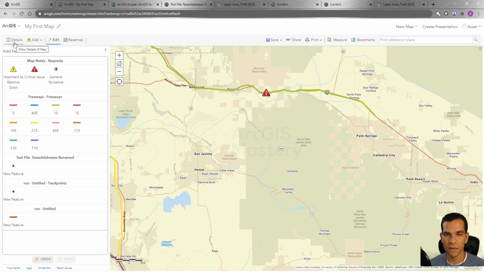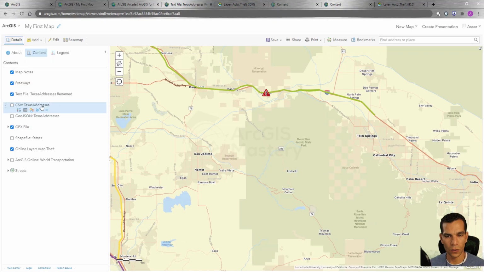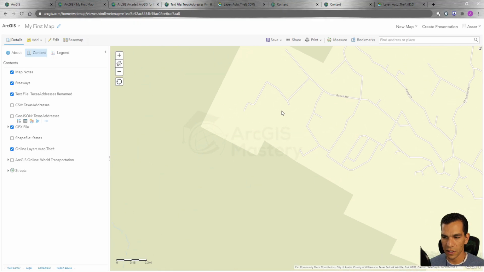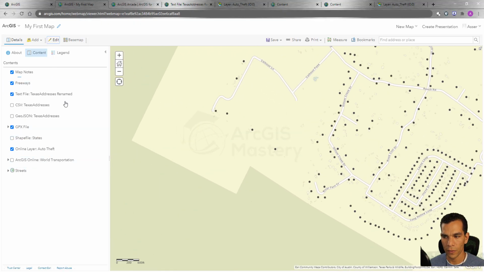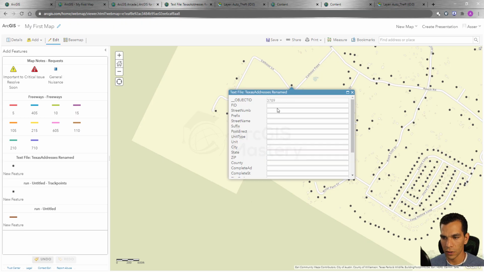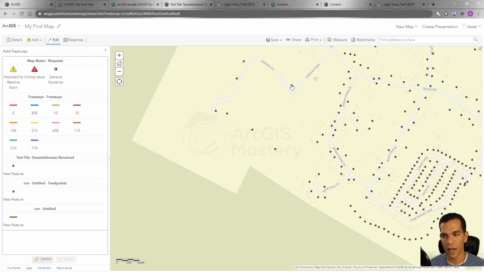using editing. Editing here is very simple because you just choose what feature you want to add and you start to draw on the map. The last one we will try to add is the Texas address, so we will go there and try to add one more home address. So let's go to the details and zoom to this layer right here and zoom in a little bit and say I want to add one more home address right here, and I will call it street number 15, street name new street, and you can add all the other information, and then after you close you will have your new point,